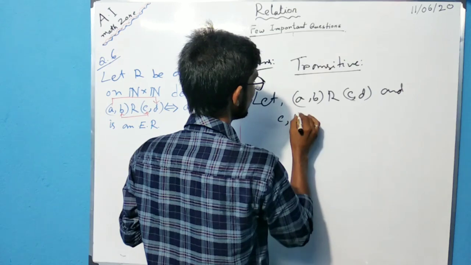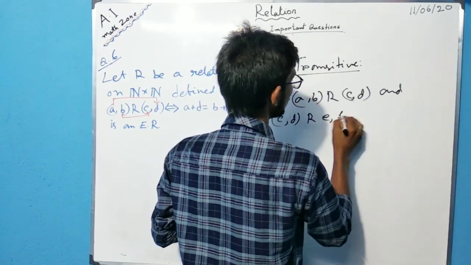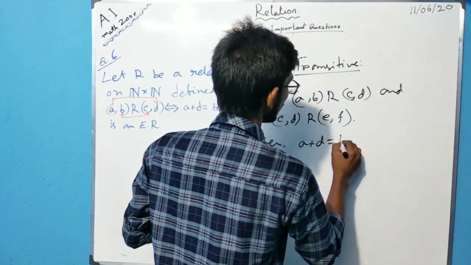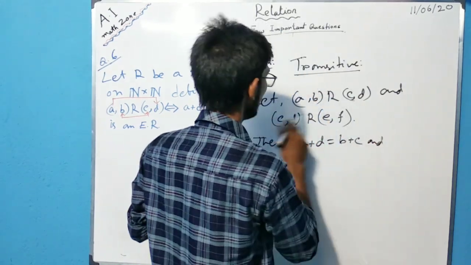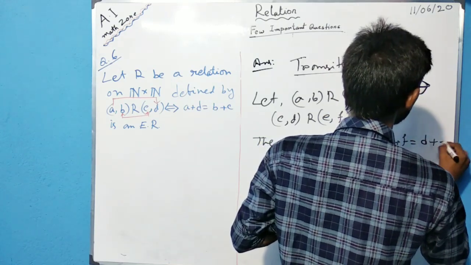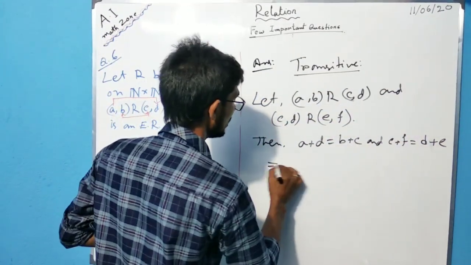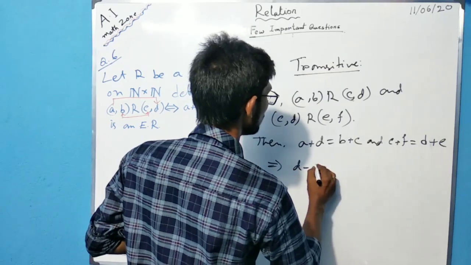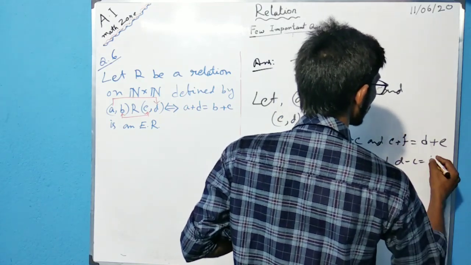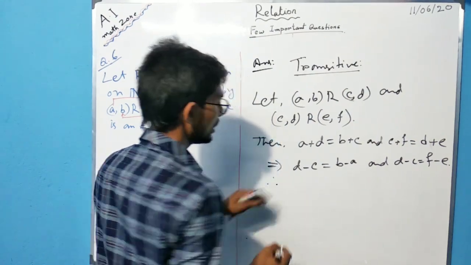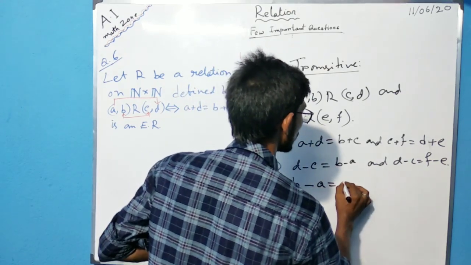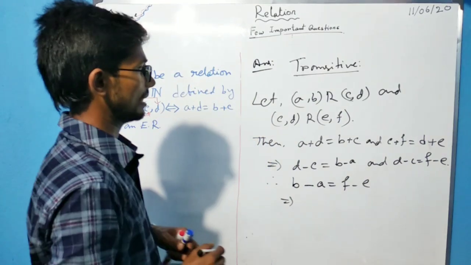and (c, d) is related to (e, f), then a plus d is equal to b plus c, and c plus f is equal to d plus e, right। So from this one implies that from this one d minus c, how much, from this one d minus c is equal to b minus a, and from this one d minus c is equal to f minus e, therefore d minus c यहाँ पर एक वैल्यू है, वहां पर भी एक वैल्यू है, तो दोनों से हम लोग क्या लिख सकते हैं, that b minus a is equal to f minus e,